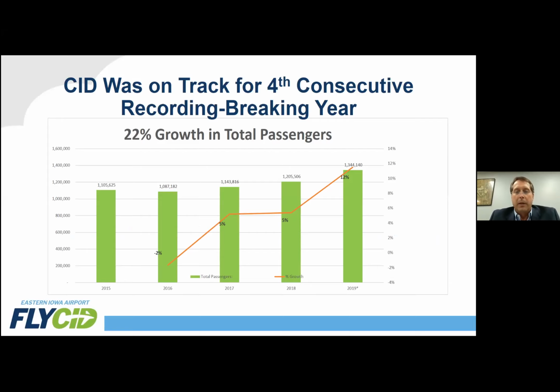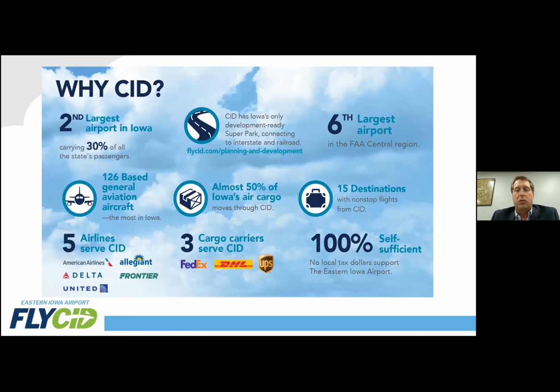In 2019, we finished our third consecutive record-breaking year. 2020 was off to another record-breaking year. We were up 20% in passengers in January. In February, we were up 30% in passengers. Our parking lot was nearly full, and we were scrambling to add parking. Overall seat inventory from the carriers in the region was up 20% going into 2020. So we were on pace for significant growth and all-time record highs in passengers. And then, of course, some things have changed.